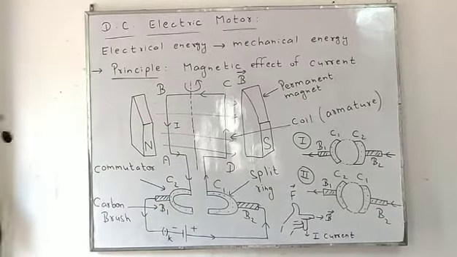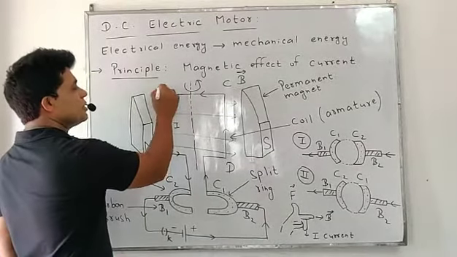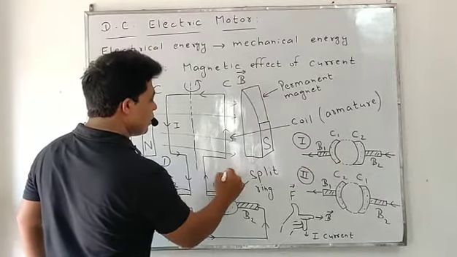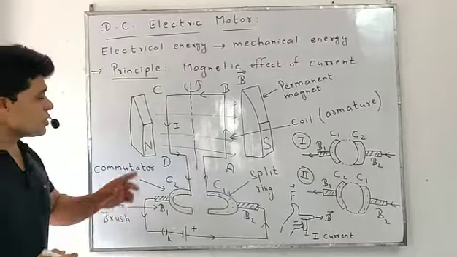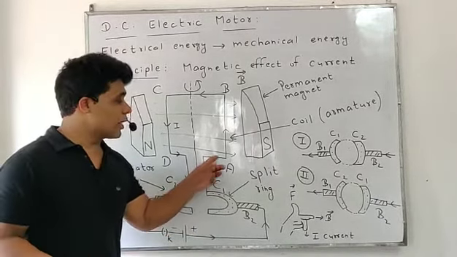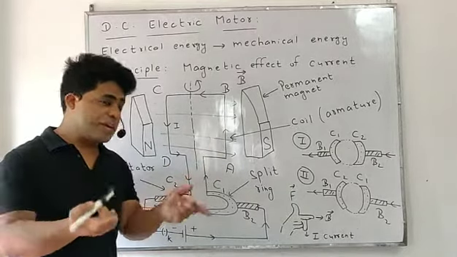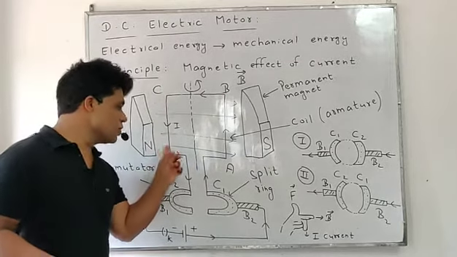So we can write what happened in the second half cycle. This is C and this is D. This is A and that is B. When the current flows in the second half cycle, the direction of current is from A to B. What was in the first half cycle? B to A. In the second half cycle, it becomes A to B, and again comes from C to D.